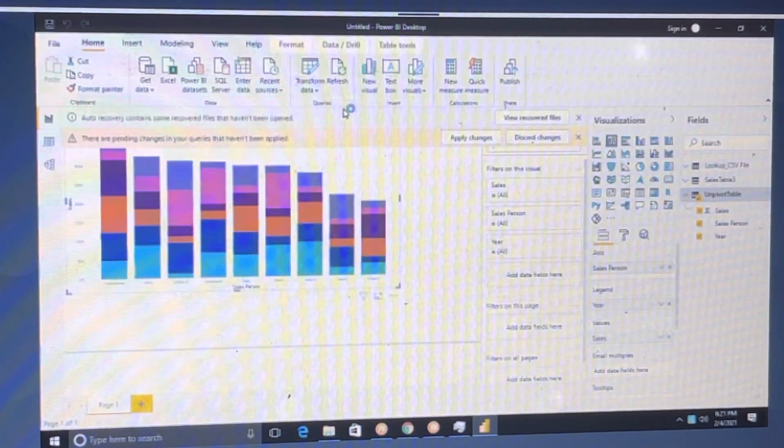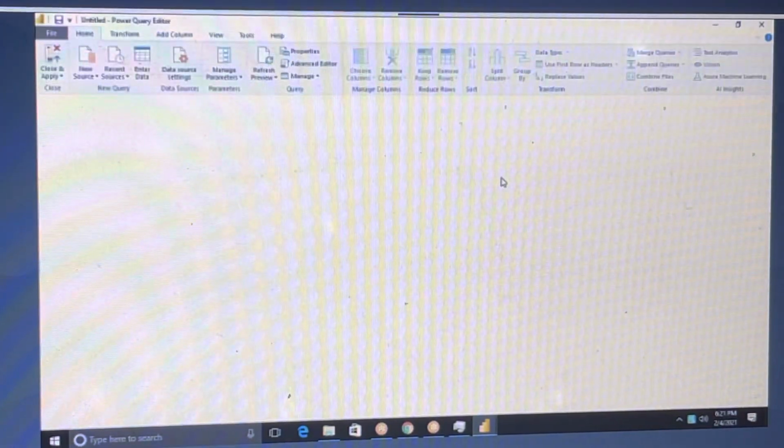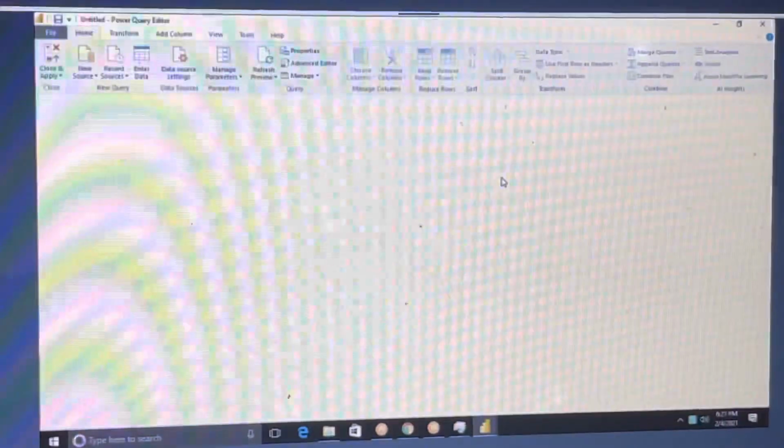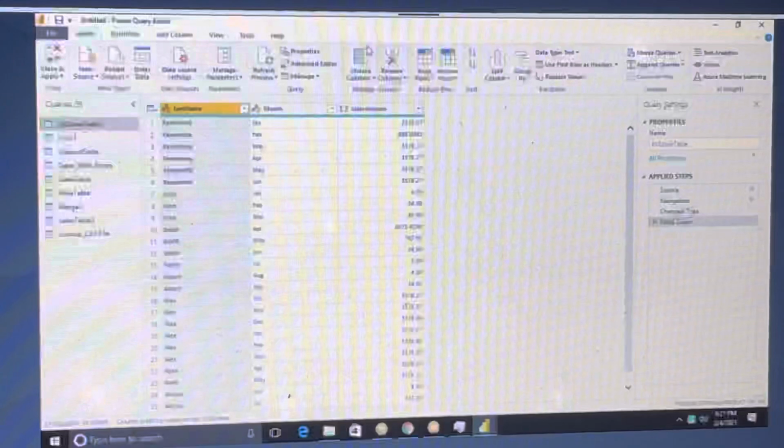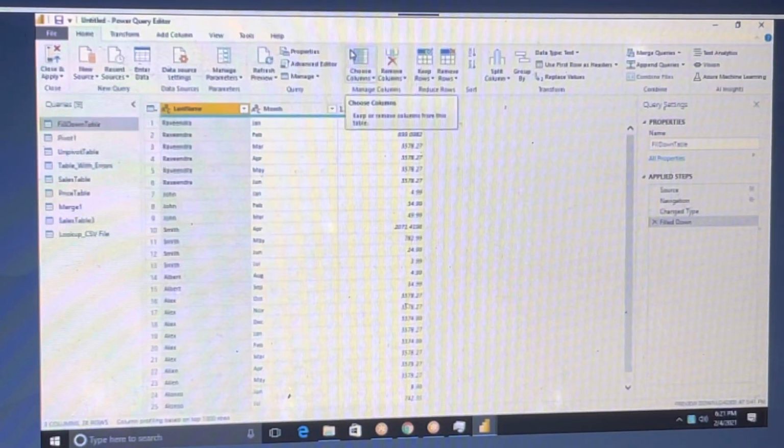Click on transform data. So what is our requirement? I wanted to match both the queries. Tell me, what are the steps? Select sales table 3 and this lookup CSV file altogether.